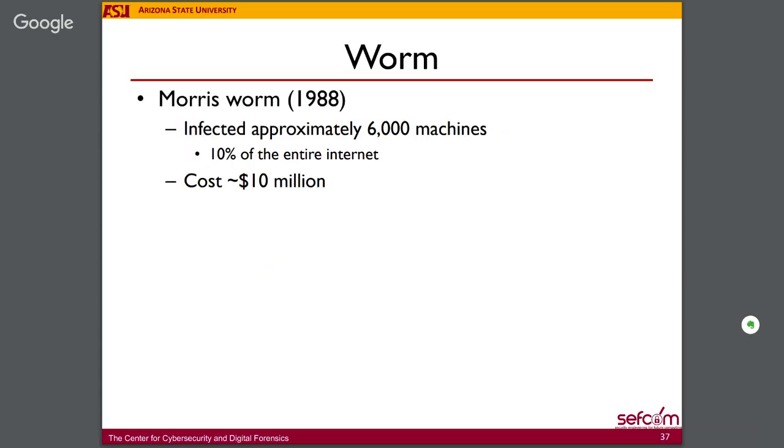The Morris worm is known to be the first one. It was developed by a graduate student. I forgot his name, I know his first name is Morris, but anyway, he created this worm to demonstrate a vulnerability he found, but the mistake was that he